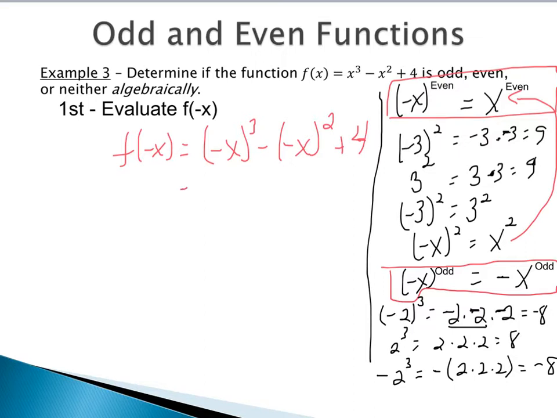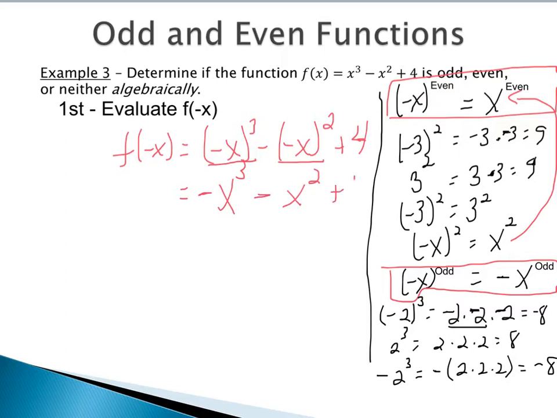So let's use those ideas to evaluate the two exponents that we have in our f of negative x. So negative x to the third, 3 is an odd exponent, so we're going to be taking out the negative and rewriting this as negative x to the third. So the exponent still stays and the negative comes to the outside. Alright, so this becomes that whole piece. Next we want to do negative x squared. Well, since negative x is being raised to an even exponent, we're just going to rewrite this part as x squared. The negative on the inside goes away, but the subtraction on the outside comes down.